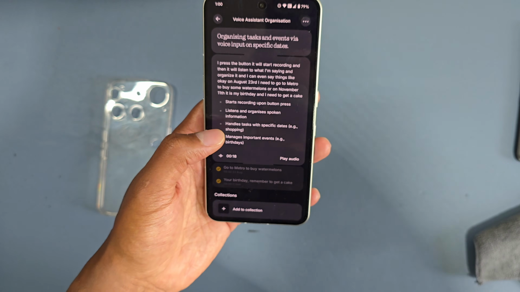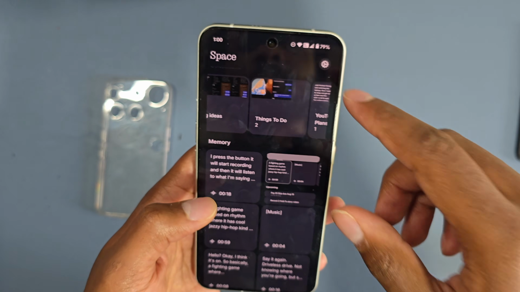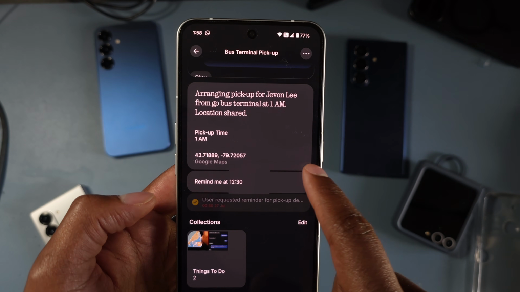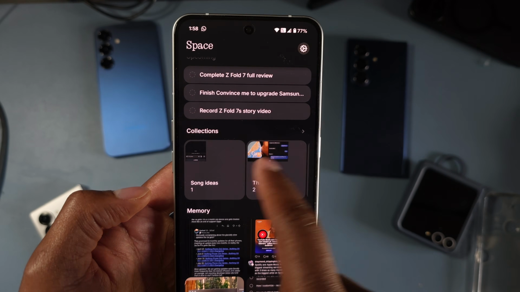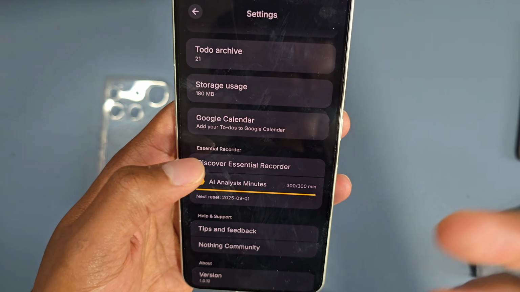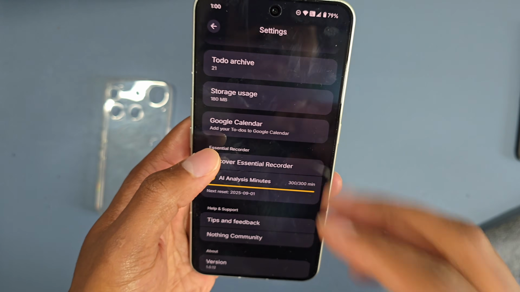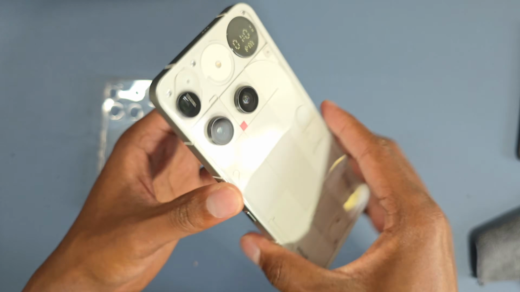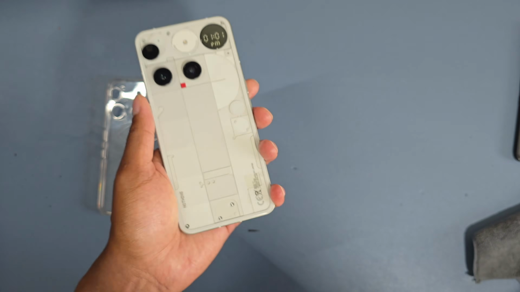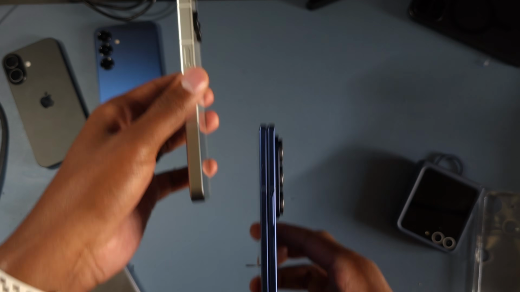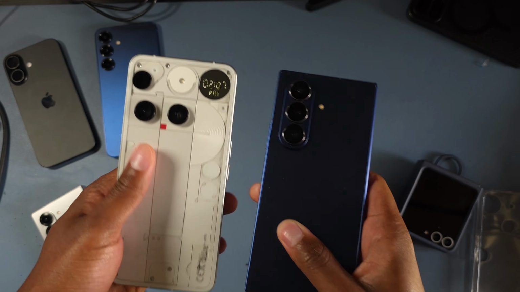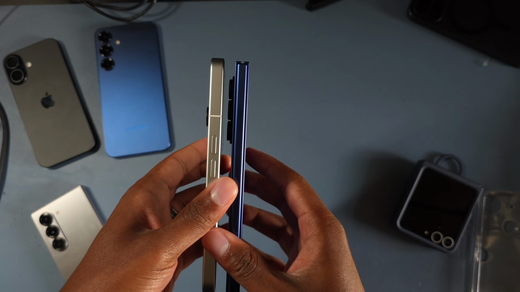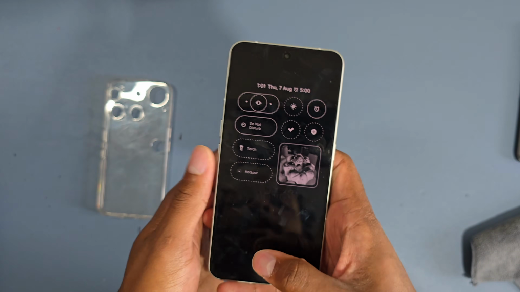I love this feature a lot, and it actually changes the way I use my phone. So the one thing that I will say that other people have been saying is that there's no real way to sync this thing. You can add the to-dos to your Google Calendar, which is nice. I like that they added that feature, but there's no real way to sync this. I'm still thinking about whether I'm going to keep this phone or not. I do have some criticisms about the phone, and also a desire to go back to Samsung because of the software and that. So there's no way for me at the moment to extract all my notes,